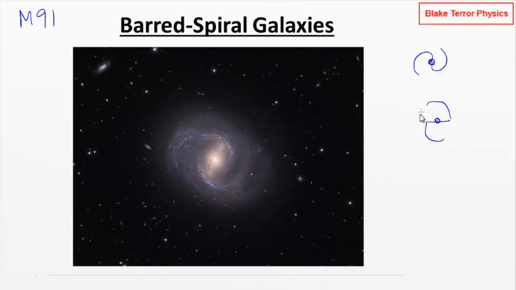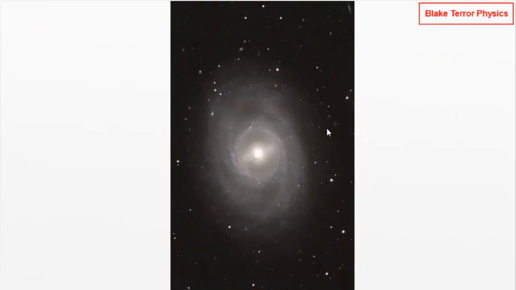But this is then getting into how we go about classifying. And we've got another spiral one up here. You can see galaxies all over the place on this picture. Look how many of them there are, all dotted over just this small picture. You can just pick them out. That's 5 without even thinking, oh, there's another one, 6 of them, 7 of them, 8 of them. So, yeah, lots and lots of galaxies. So this is a barred spiral one. Here's another barred spiral. Again, you can see that central bar there.